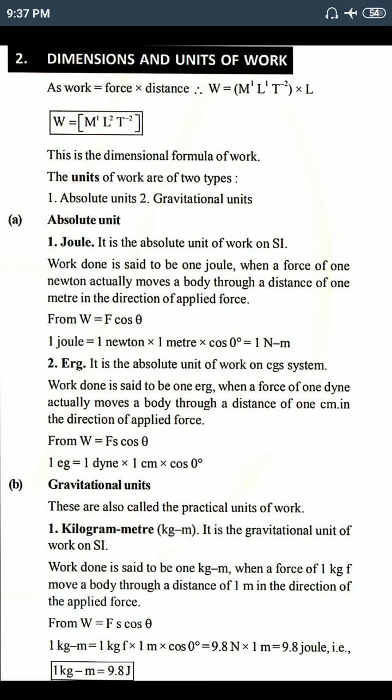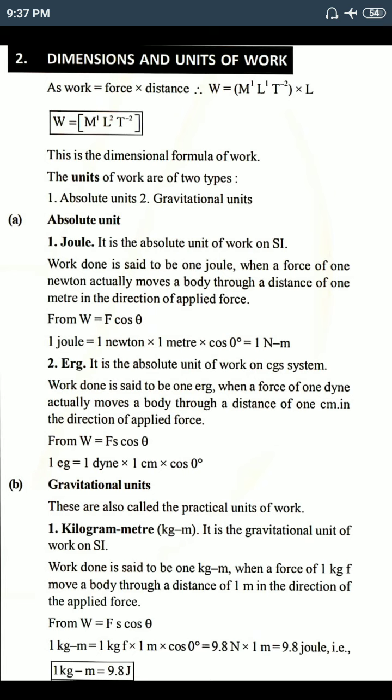And there is one relation between erg and joule. That is your homework. In the comment box, write what is the relation between joule and erg. Clear? Okay, now next,